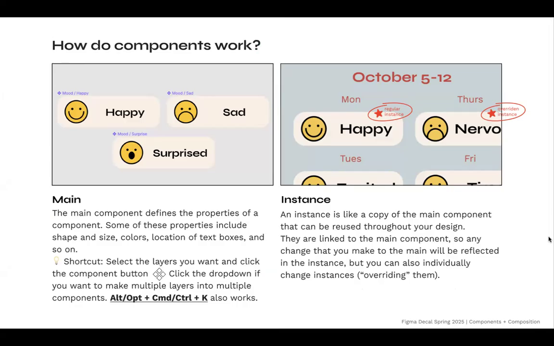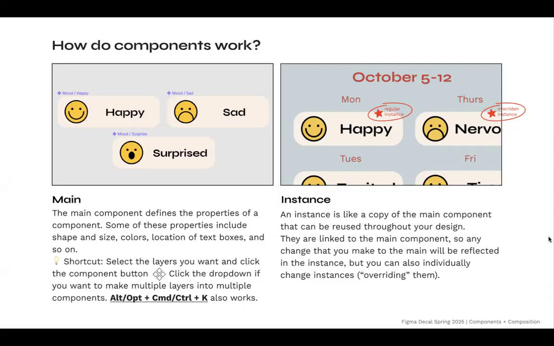The main component defines the properties of a component, and some of these properties include shapes, size, colors, location of text box, and so on. And the shortcut is you can select the layers you want and click the component button. Click the drop down if you want to make multiple layers into multiple components. And then Alt Option plus Command and Control plus K also works as a shortcut to automatically make something a